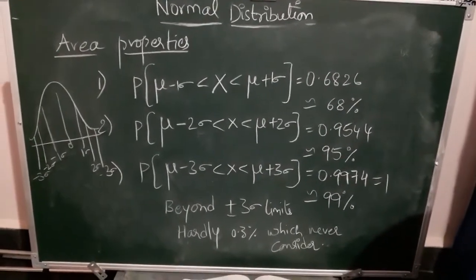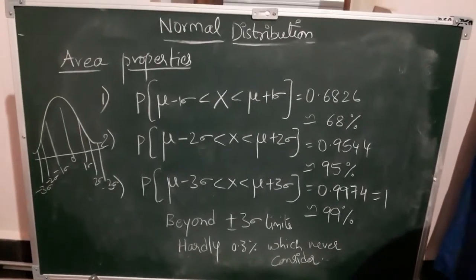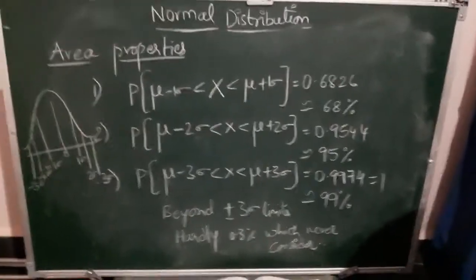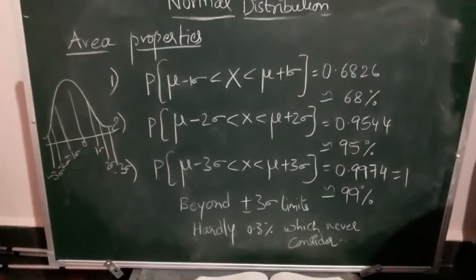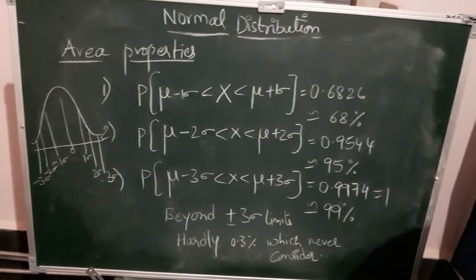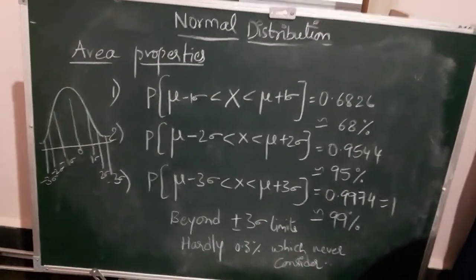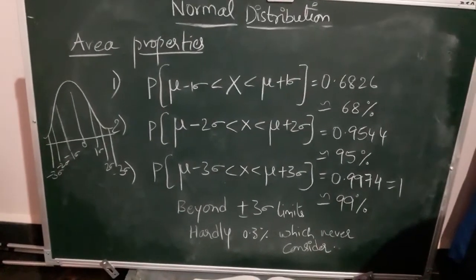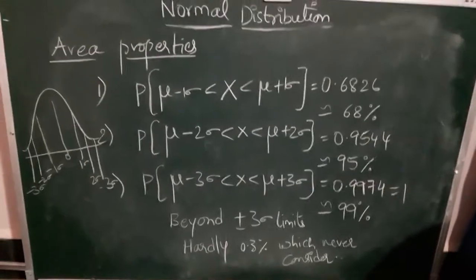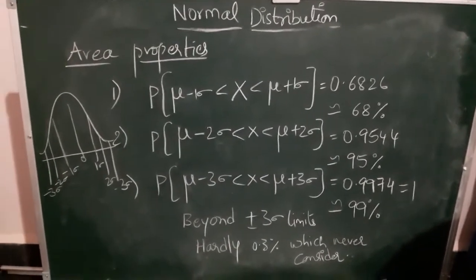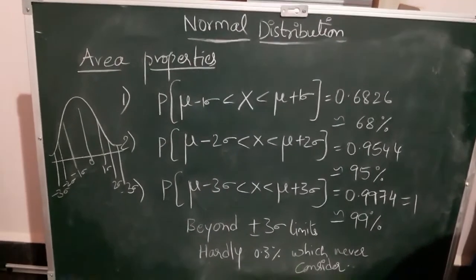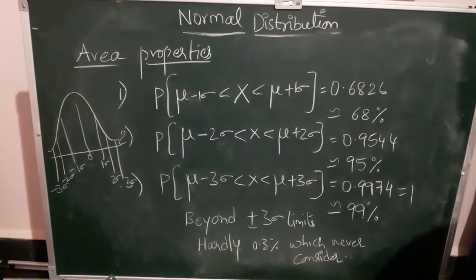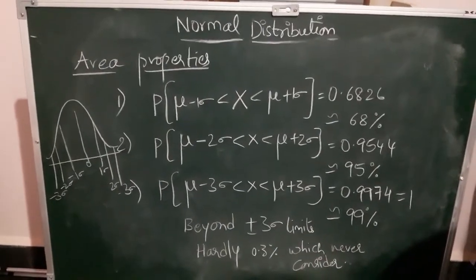That is one way of solving. Or Q1 and Q3 values will be given directly, and you need to find the mean, median, mode, property number 9. Or the 5 mark problems, area properties, proof: how come plus or minus 1 sigma is 68, plus or minus 2 sigma is 95, and plus or minus 3 sigma is 99%. So with this I am going to wind up the properties of normal distribution.